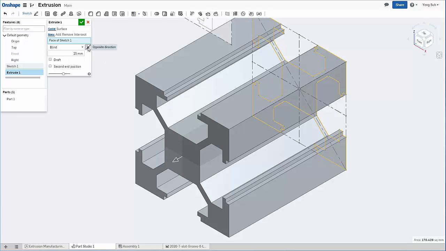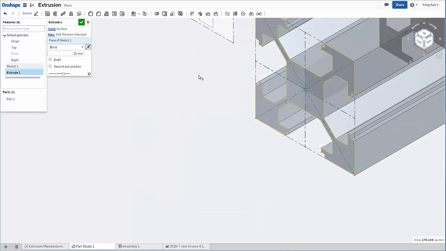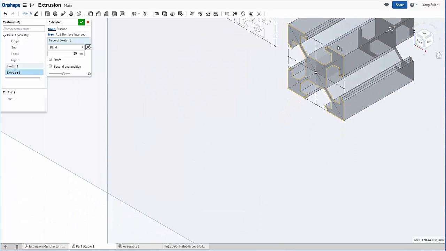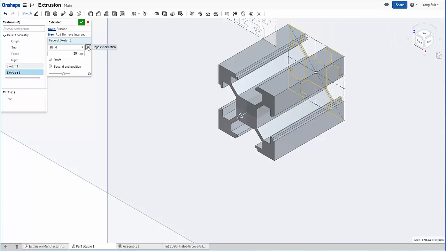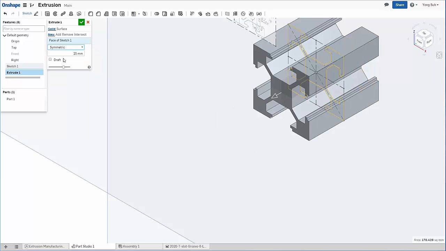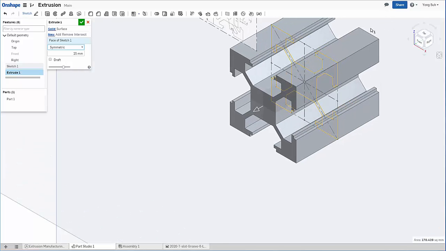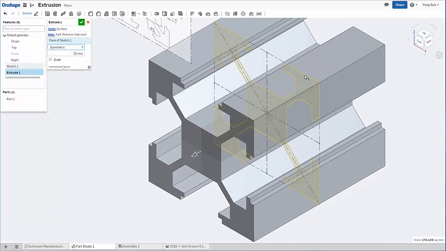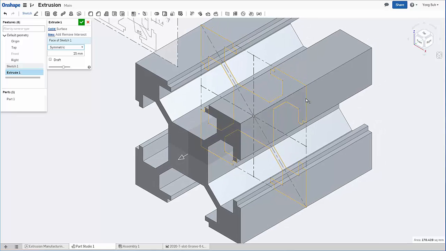You can flip it by selecting this arrowhead, opposite direction, and it'll extrude the other way. So you have a choice here. Another thing is that if you drop down these choices here, there's a symmetric option. That means it'll extrude both sides from the sketch,